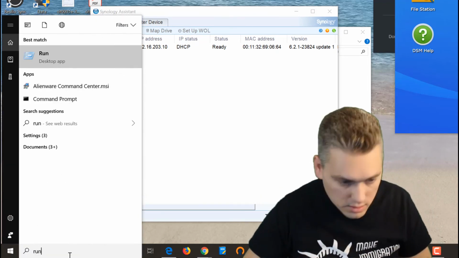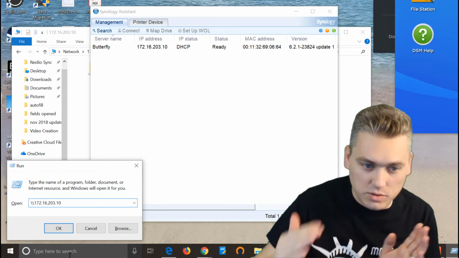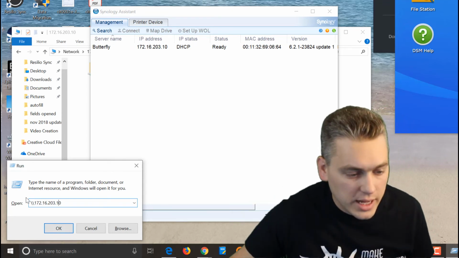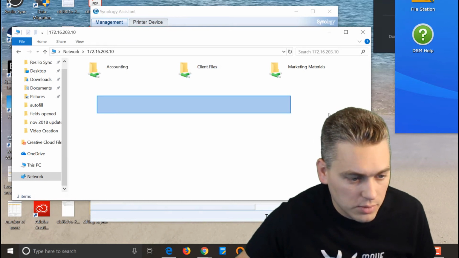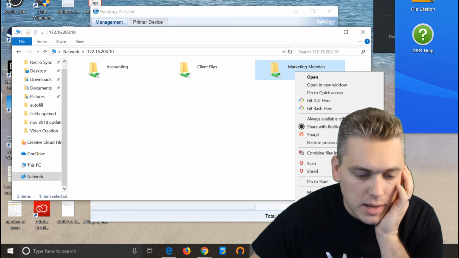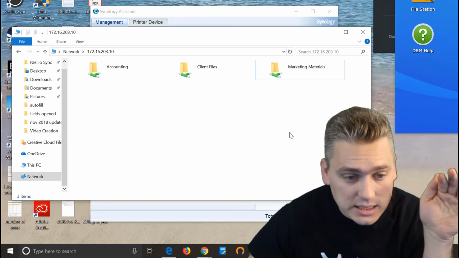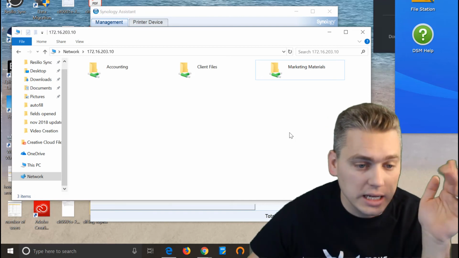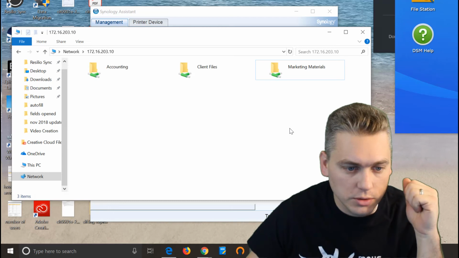Type run, enter, backslash, because it's going backwards. Two backslashes, the IP address, click OK. It's going to pull up the folders that you have access to there, and you can right click and map to network drive any of those that you want to show up on your computer all the time. That's the easiest, best, and fastest way to connect those major folders to your computer, so you get really quick